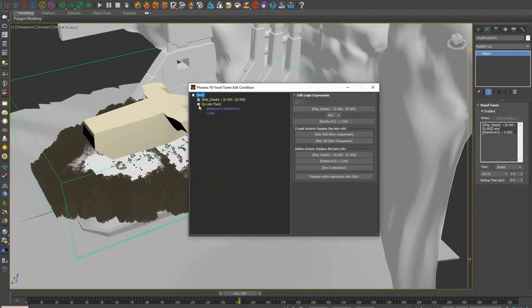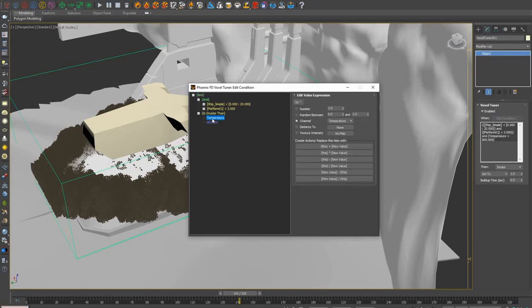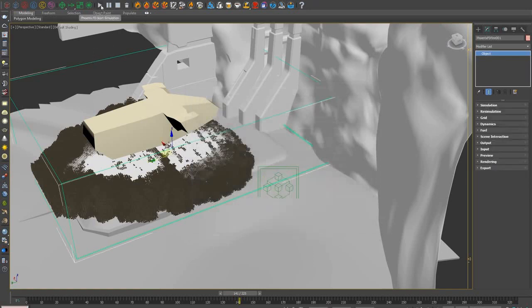Then I'm going to collapse these conditions in here, and let's create a new comparison. I'm going to click on the AND operator and create this AND new comparison. Then, as we want to use the speed, let's go and pick the speed channel, and I liked the range between 35 and 60. So if we start the simulation again,